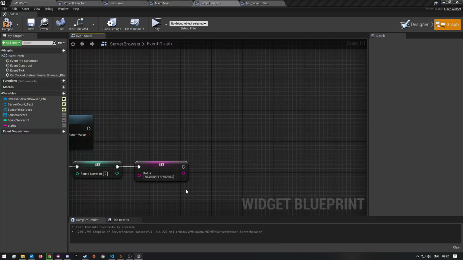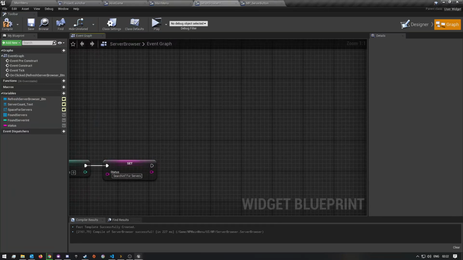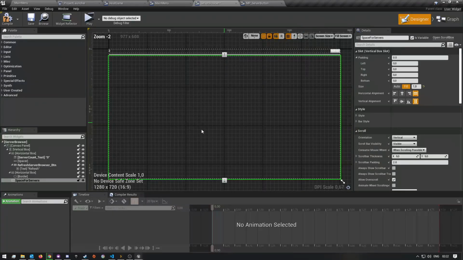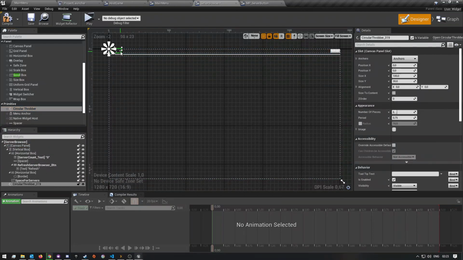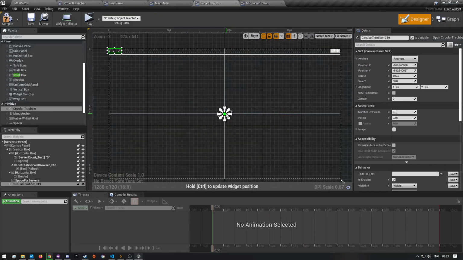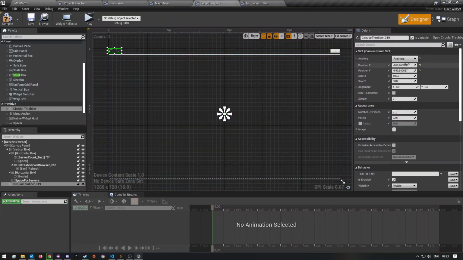Okay, and so over here we want to get our SP. We haven't actually created that, so we want to add a spinning loading thing here that will just toggle whenever we refresh. So I think it's under, where should that be? Circular throbber. Yes, here it is. I want to drag it into the canvas panel like so, and then I'm gonna put this basically in the center